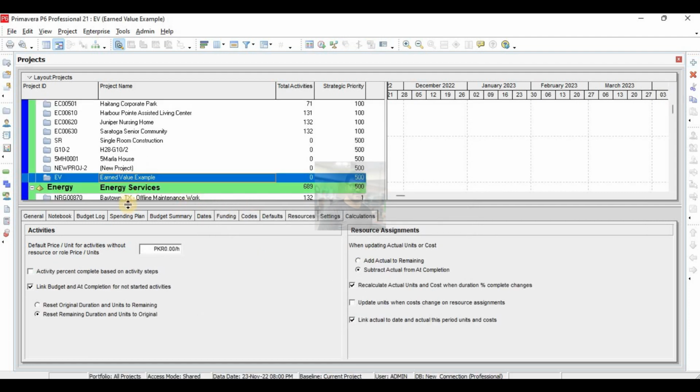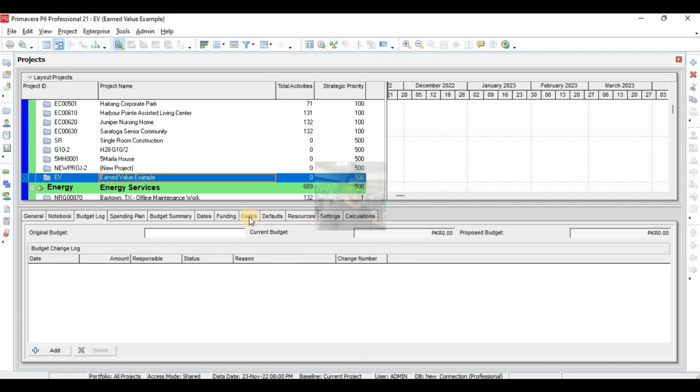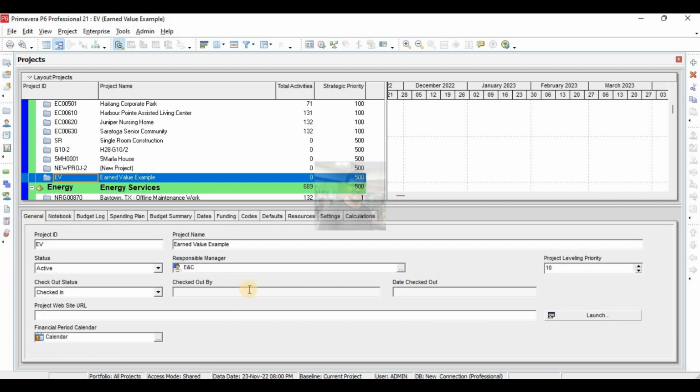So this is my project. I will check the defaults here. Responsible manager is this one, this calendar.